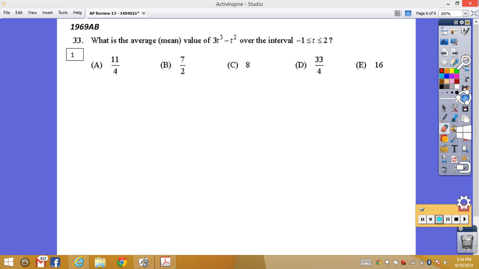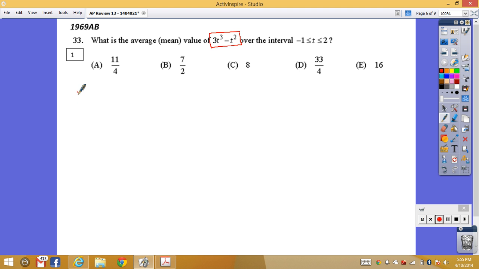So at this point, I am going to do the 3, if not 4, multiple choice problems. If you're having some trouble with these types, then you can go through these with me. Let's see. Average or mean value of a function means at that point they want you to use the